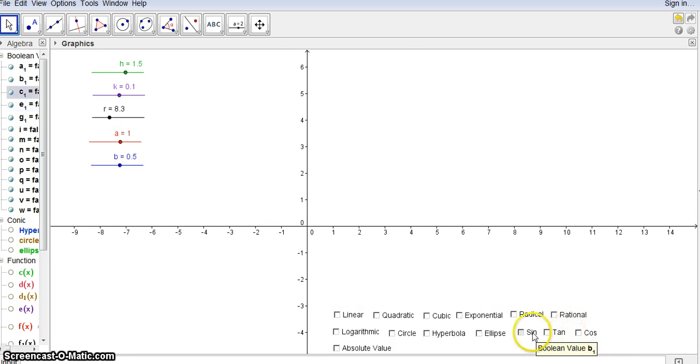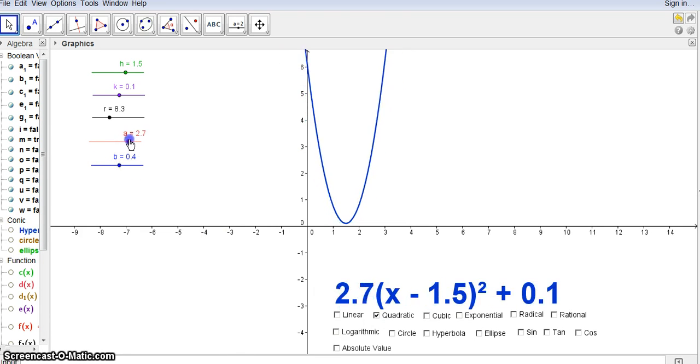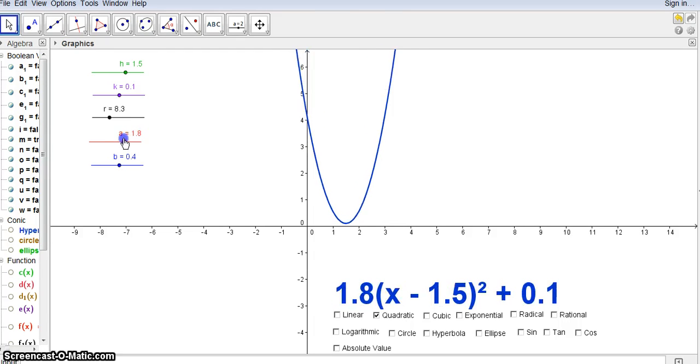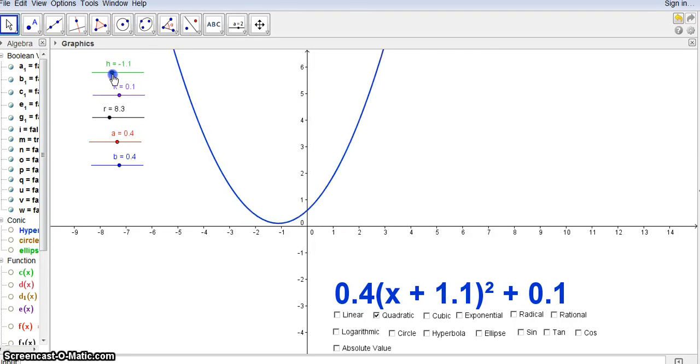So I can click off the cosine function. Maybe I want to look at a quadratic function. There it is. This one is in vertex form. I can change, nope, not B value, but probably the A value, make the graph stretch out vertically again. I can move the graph left or right again. There's left, there's right,